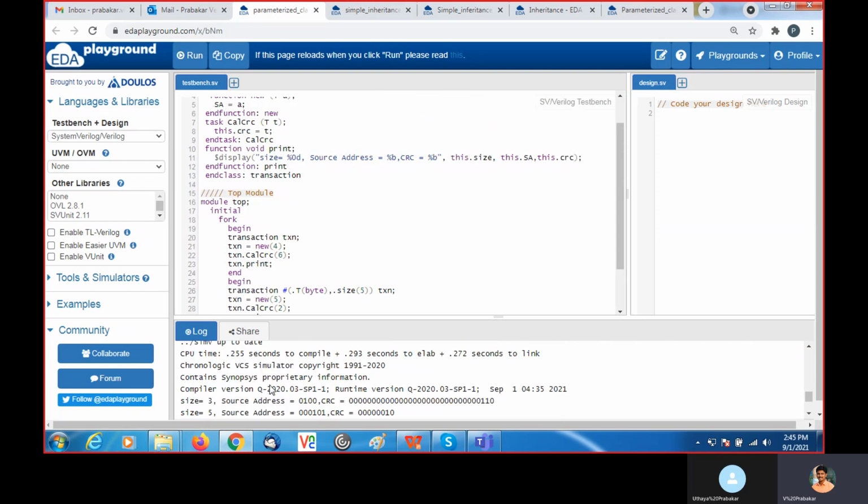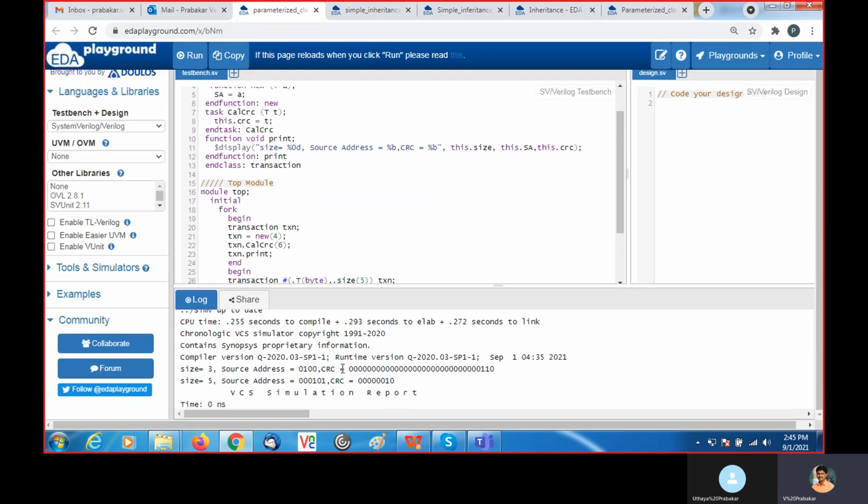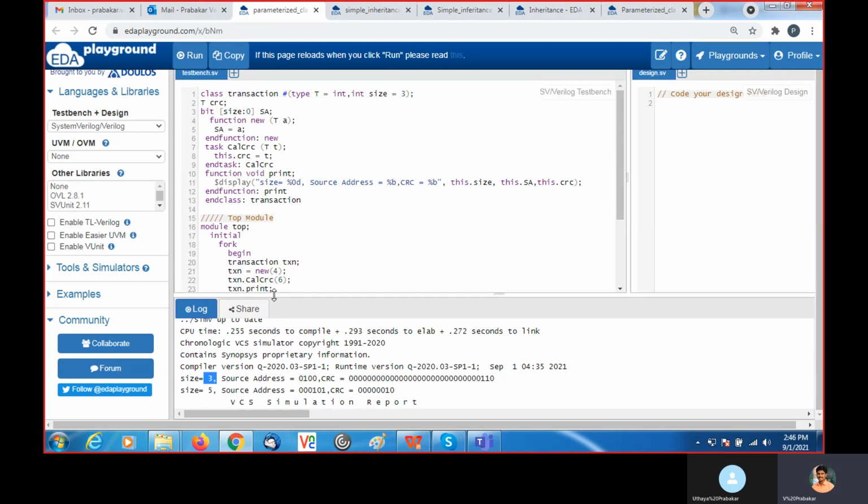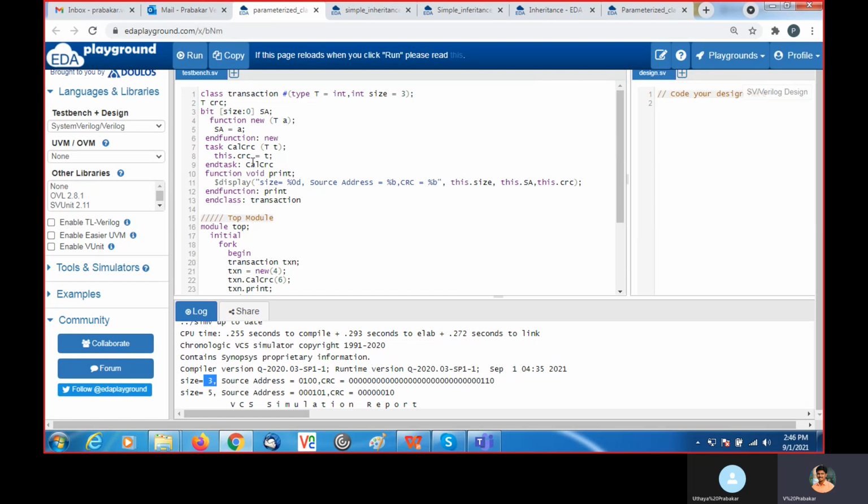Let's check here. So size, what is the size here? I'm passing 3. Size is nothing but 3.